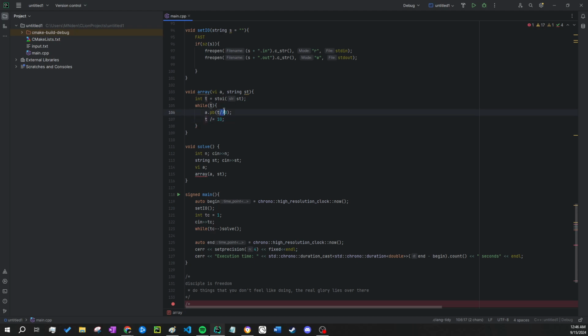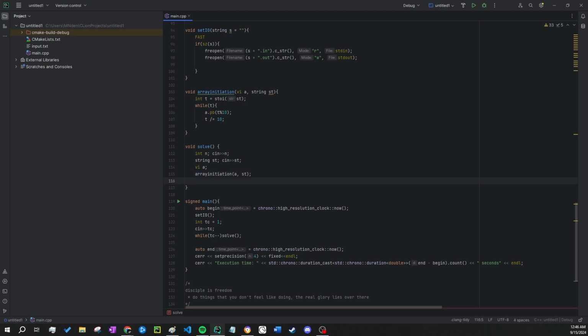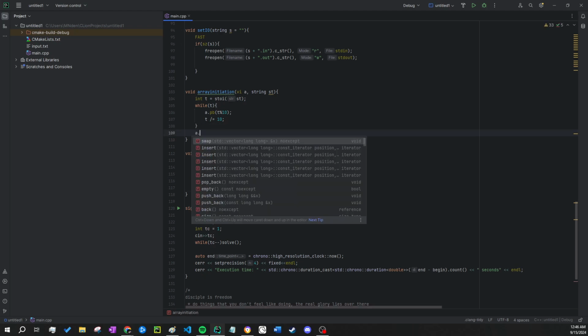Oh no, t modulo 10, sorry. Then we divide t by 10 and keep doing it until it's 0. I don't care about array initialization. And I guess let's just do a.reverse.